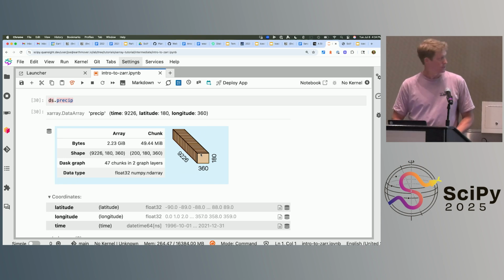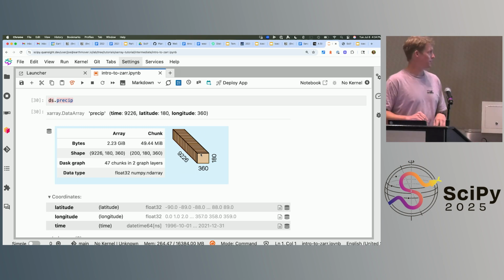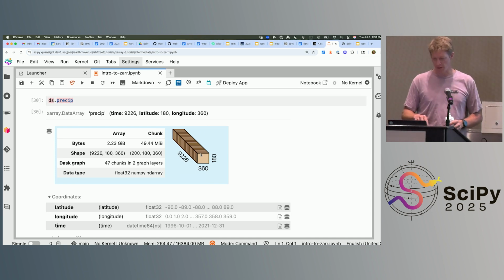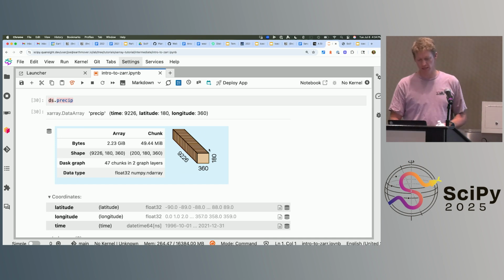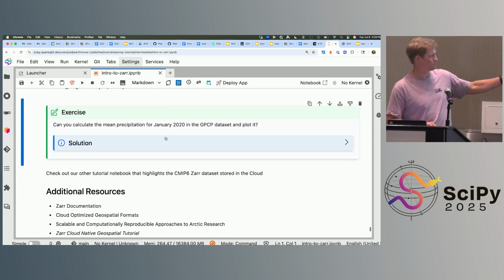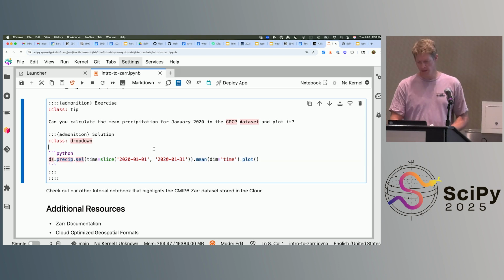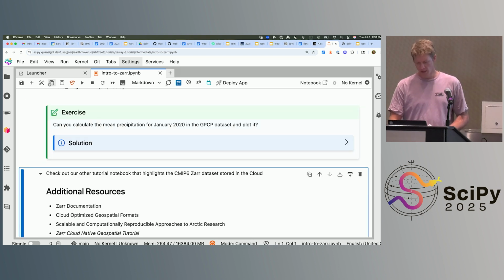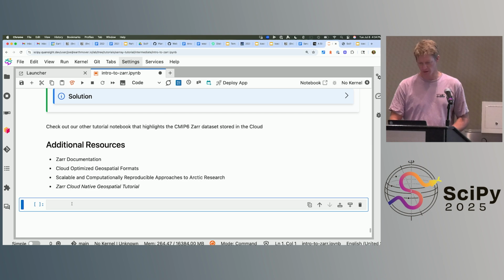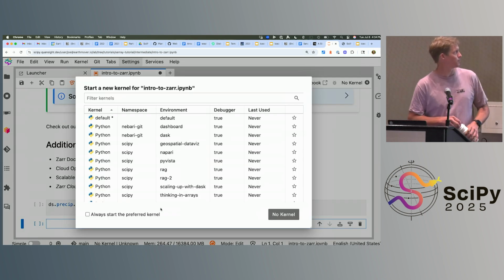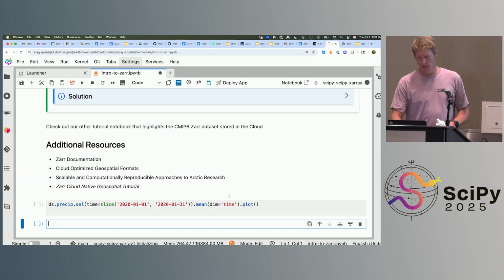Okay. And so what happened there is we went and read this data set from this Exceed URL, and we got back a data set with a bunch of coordinates and one data variable, precip, with dimensions time, latitude, and longitude. And we can see that this is not a particularly small data set, has a fairly long time dimension. And so